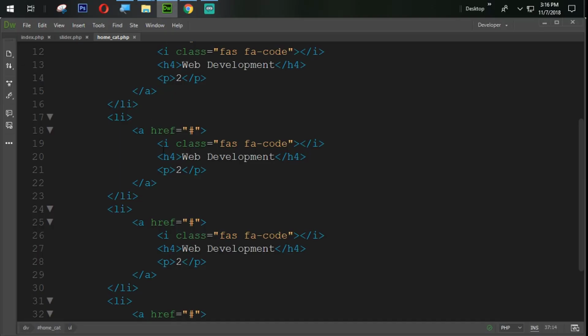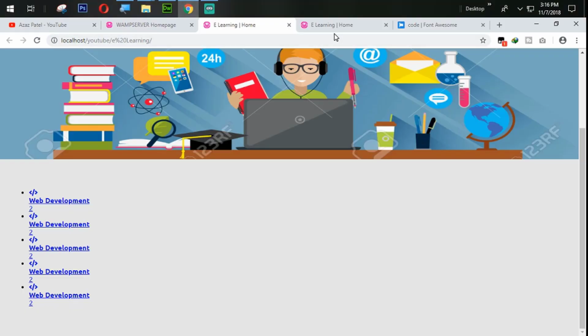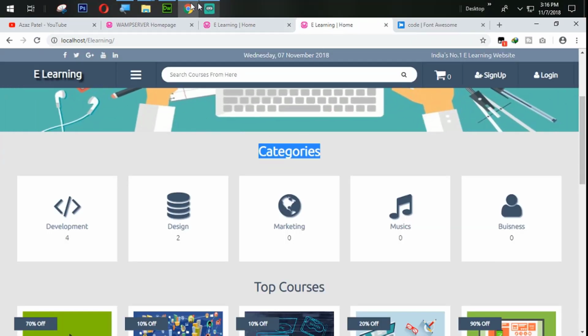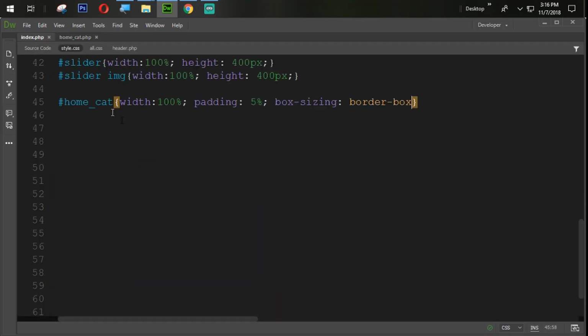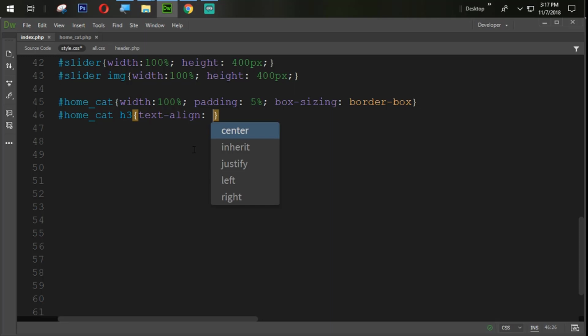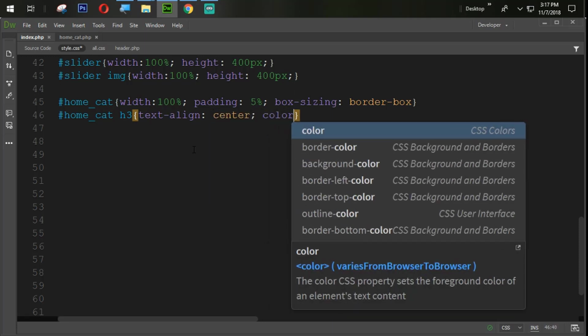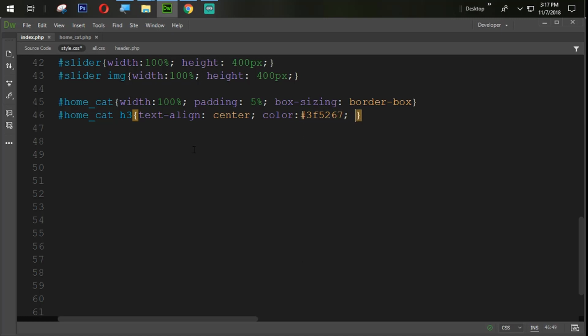Before the li, we need to set an h3 tag, and what we have here is categories. So we are going to paste that categories from there. We don't need slider.php now, so we will close this one. Again come back into the style sheet, home_cat, h3 tag: text align will be center, color will be #F5267, and then its font weight